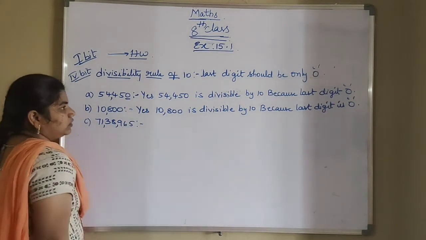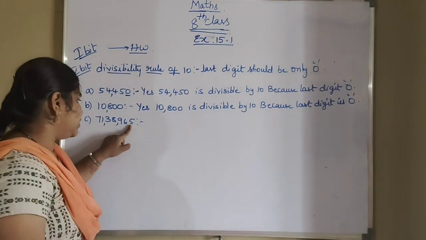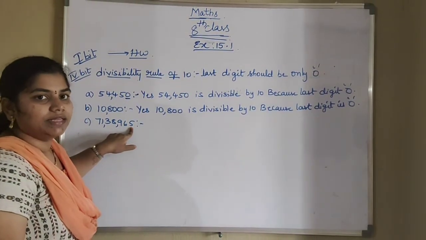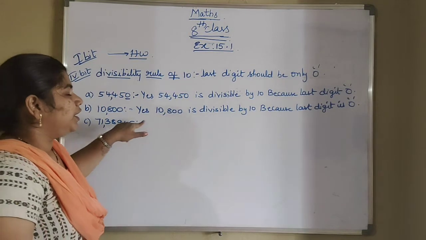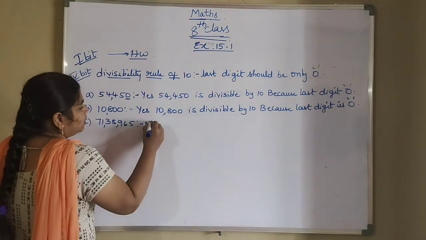71,38,965. So whether this number is divisible by 10 or not, we have to check. So what is the last digit here? 5. But in case of divisibility rule of 10, it should be only 0. So that means it is not divisible. So no,